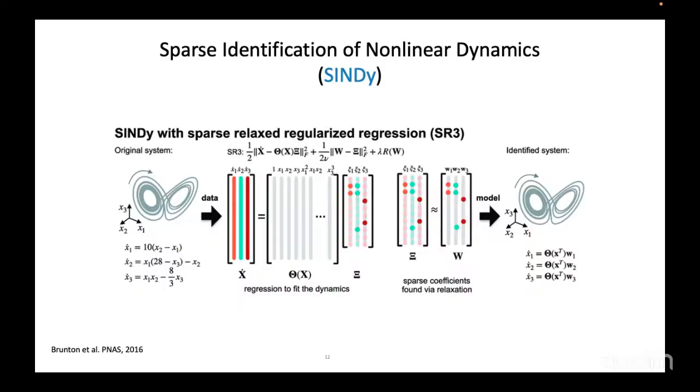So what you do is you put in your data on the left-hand side, and then you have a function library evaluated at your data. And then you do a regression to find out which coefficients, and therefore which terms in this function library, best represent your data. There's more detail to it than that, obviously. But what I really like about it is that what you're putting in the function library are things that mean something. Like I said, a plain data fitting problem,